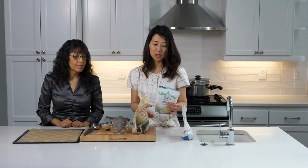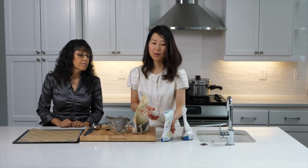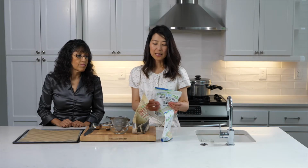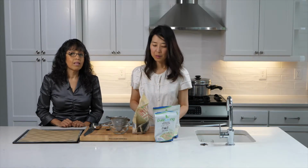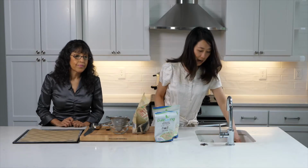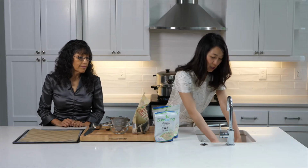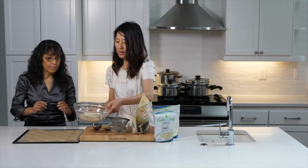The other thing that you can do if you don't have the time to sprout your own quinoa, you can purchase it already sprouted. It is more expensive that way. And you can get sprouted quinoa flour as well. And so that's what these things are here that makes it pretty easy. Yeah. Now, I thought one last thing that we can show is how to, Mercy, do you mind